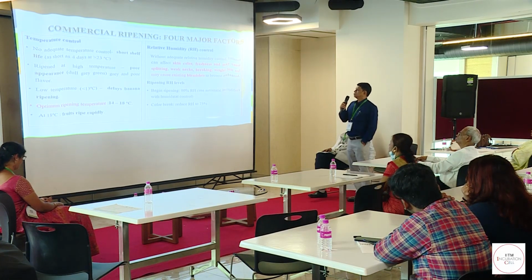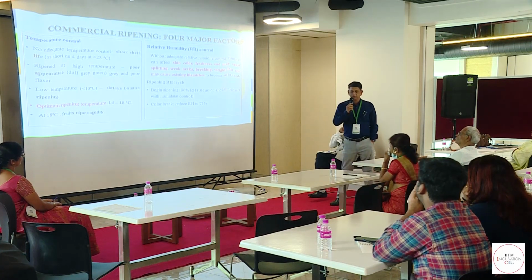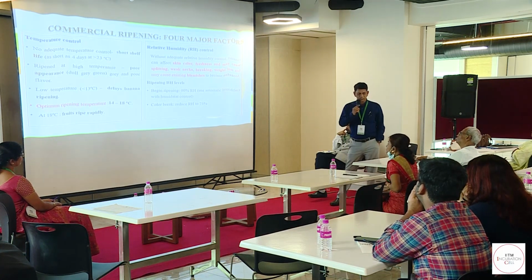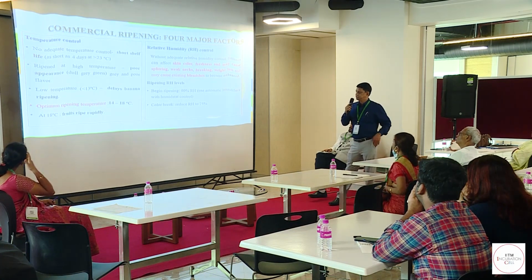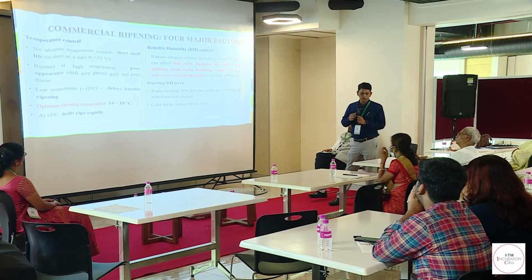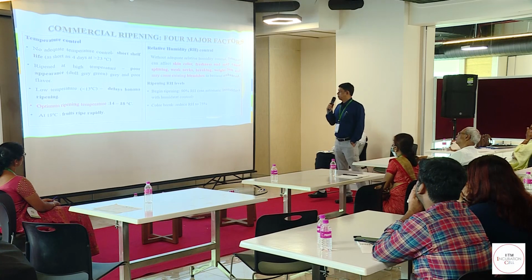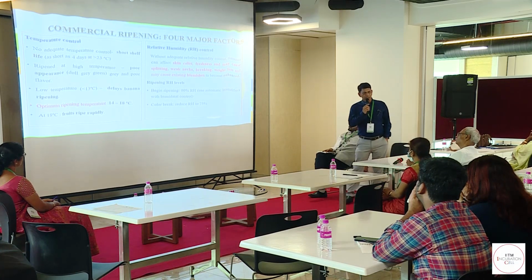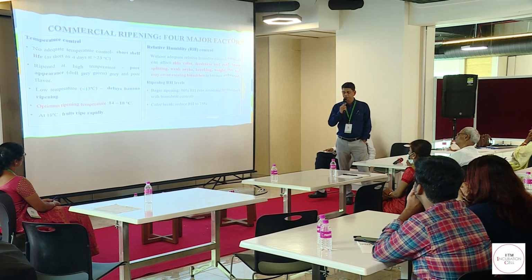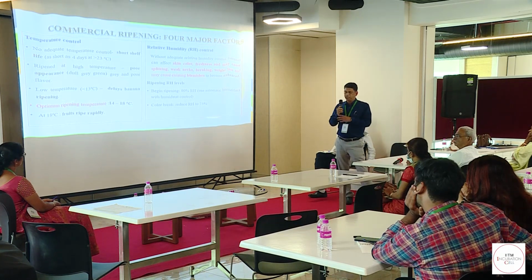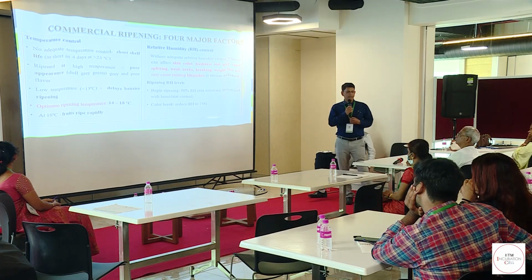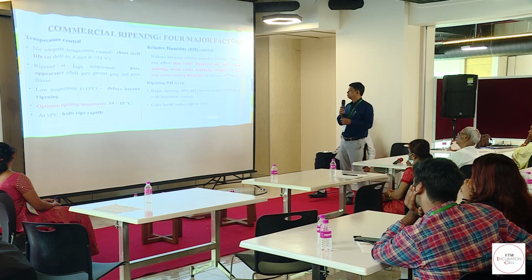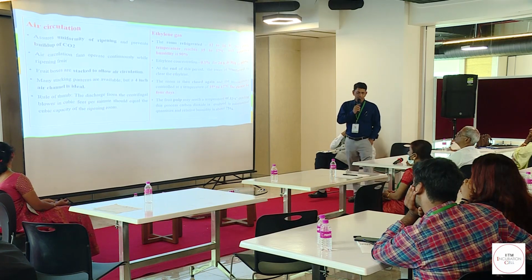Next. There are different factors which control the ripening process. First one is temperature control. As I said earlier, we have to maintain a temperature of 16 to 18 degrees centigrade. When it exceeds 18 degrees centigrade, there is a chance of quick ripening. So we have to maintain the optimum temperature of 14 to 18. The next one is humidity control. To begin the ripening process, we have to maintain a relative humidity of 90%. Once it begins ripening, for the color to break from green to yellow, we have to maintain an RH of 75%. So these are the different controlling factors during the ripening process.